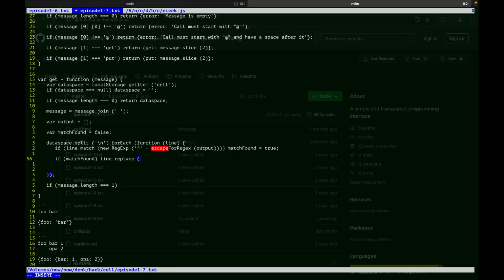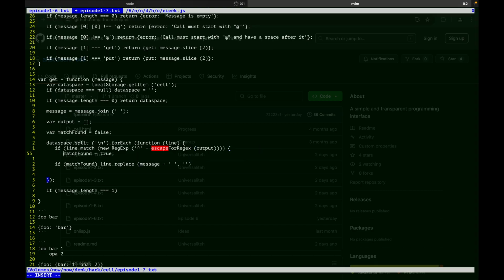We replace the line, no, not the line, dummy, the message with an empty string, and it's going to replace whatever finds first. So basically we get rid of the foo. Oh wait, we need to get rid of the foo and one more space. But this is just for the first line. So let's just not jump to the general case all just yet.